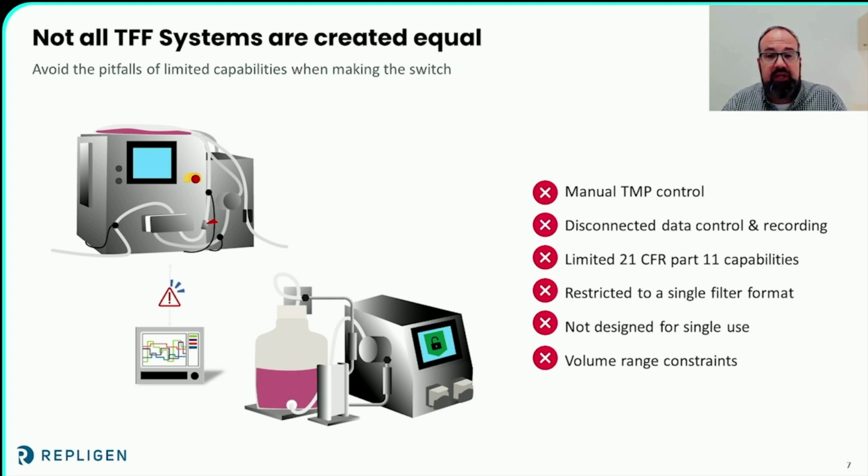Many systems are very limited on the volume range of use as well, so you find yourself having to buy 2, 3, 4 systems to get you from development to a pilot or process scale. Well, if any of these impact you, your buyer's remorse may be valid. However, considering what is at stake here, you should not hesitate to find a better solution. And maybe that's why you're here today.